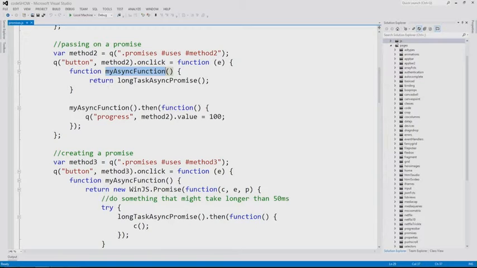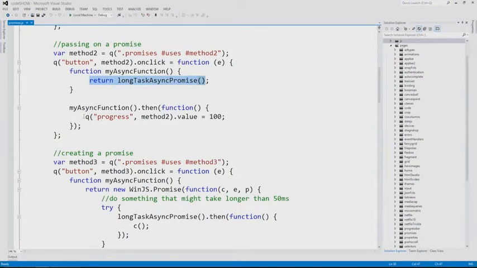And I know it's going to be a promise because I'm just returning whatever it is that long task async promise returns, and it returns to me a promise. So I'm calling an asynchronous function. It's giving me a promise. I'm passing that promise on to my caller. That caller now has a hold of the promise that my embedded function call gave to me. And it can ask anytime by using the then function if that promise has finished yet, and when it does, it can run the specified function. Okay? That's cool. So yeah, so to complete this progress bar now, I'm doing a .then off of my async